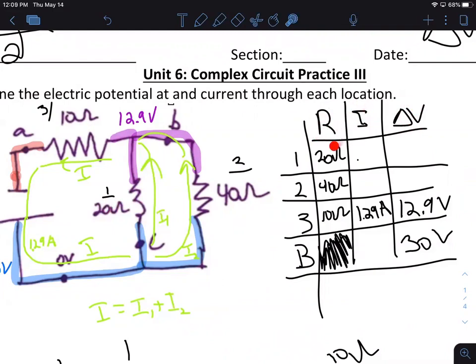So if I have half the resistance, I'm going to need twice as much current to get the same delta V. So I know this one needs twice as much current, and I know that together they have a current of